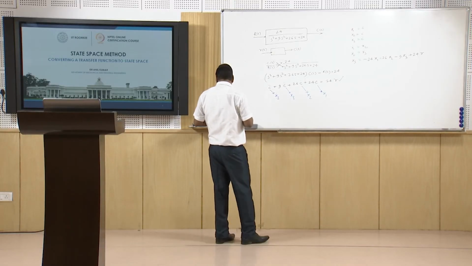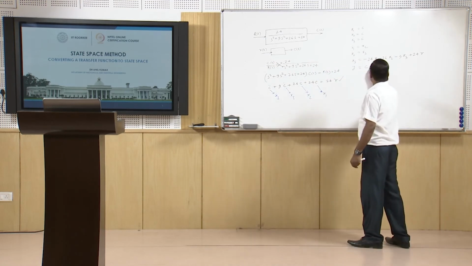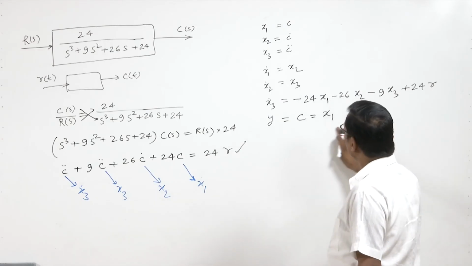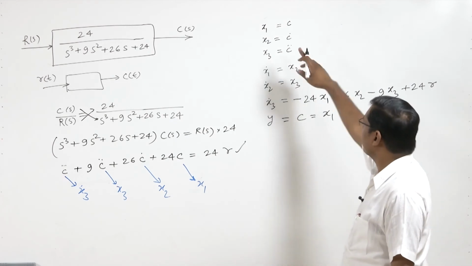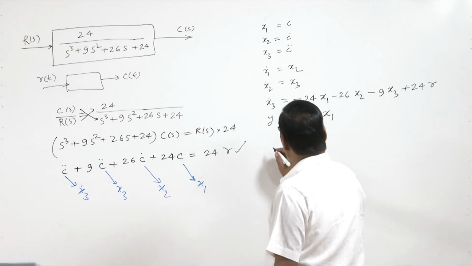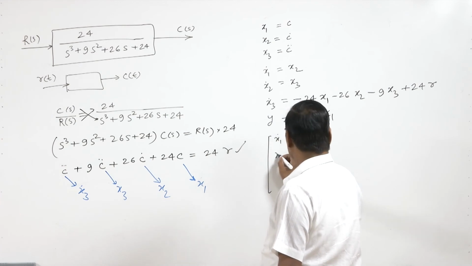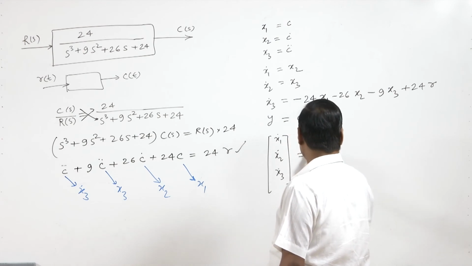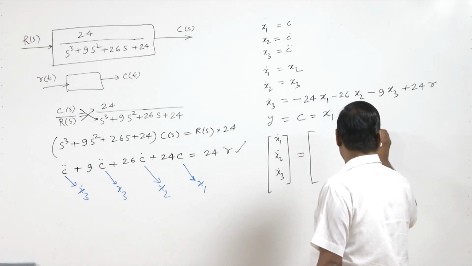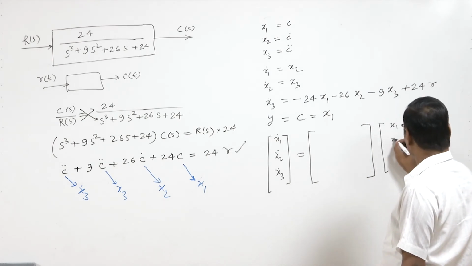So now we have y equal to c equal to x1, this is the output equation. Because here y output is c, and that is equal to x1. So now let's write the state equation. So here we have x1 dot, x2 dot, and x3 dot, that is x dot, and we have this 3 by 3 matrix, and then the state vector x1, x2, x3 plus